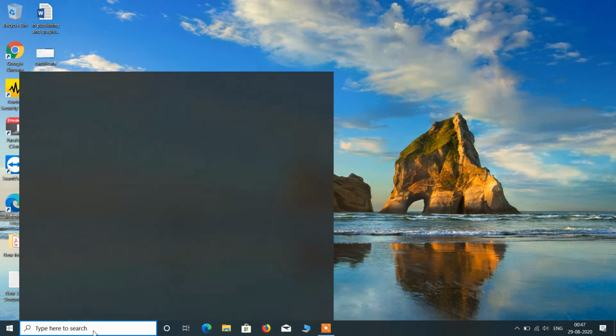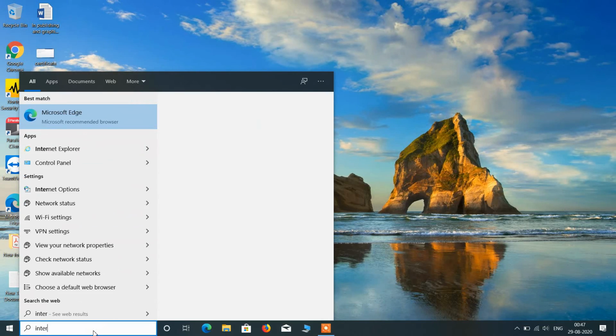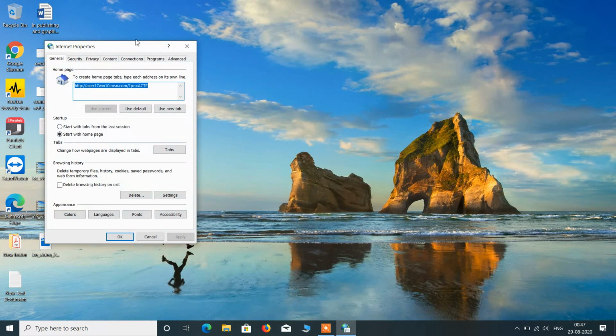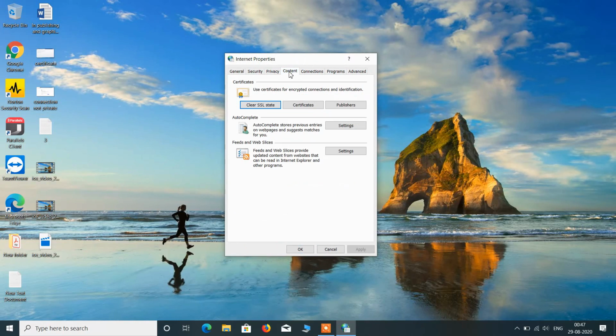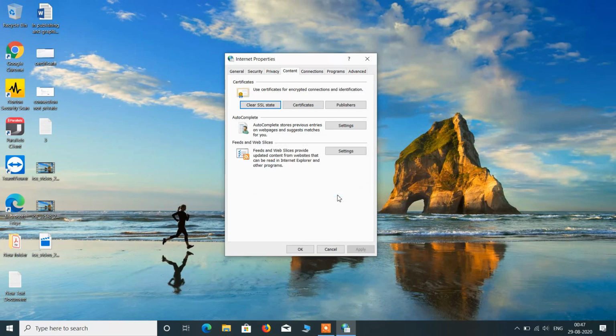Now go to the search bar again and type internet options again. Just click on this search result, internet options. And now go to the content tab and just click on this button, clear SSL state. Click on OK button.